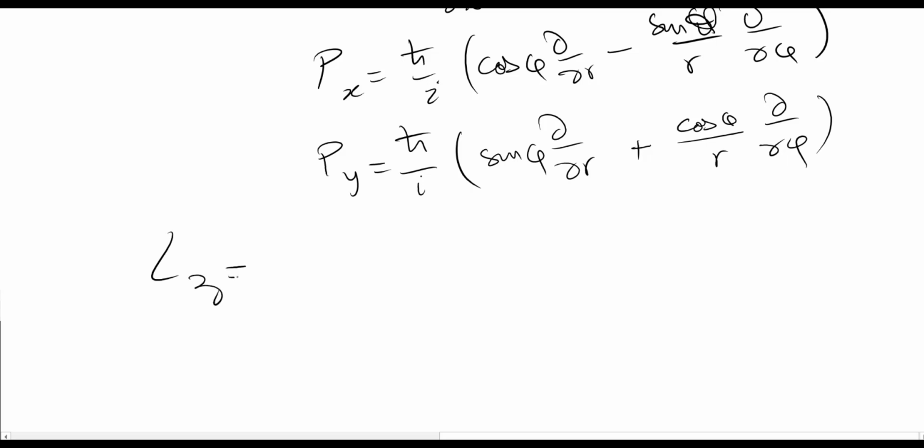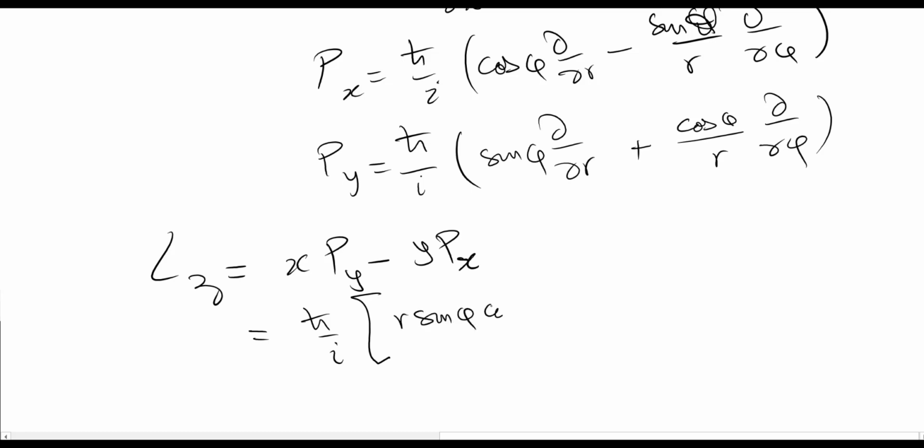So let's find LZ now. LZ is equal to x p_y minus y p_x. You see, I almost made a mistake in here, big time. Okay, x times this number, and x is r times sine of phi times cosine of phi. So it's going to be h bar over i. I'm going to take the whole thing in here. So what you have in this case is r times sine of phi cosine of phi. This is the sine of phi, and this is actually x, times the derivative with respect to r, plus r cancels r, so I'm left with the cos squared of phi, the derivative with respect to phi,